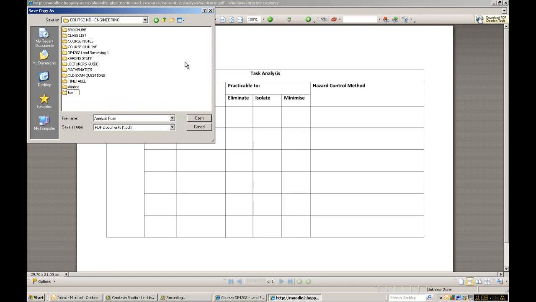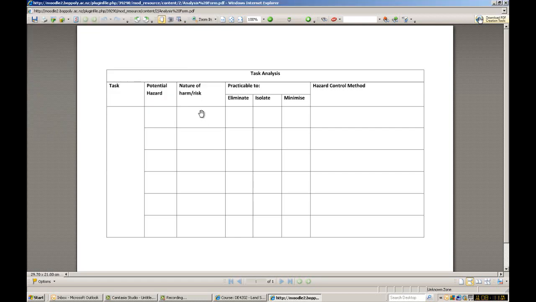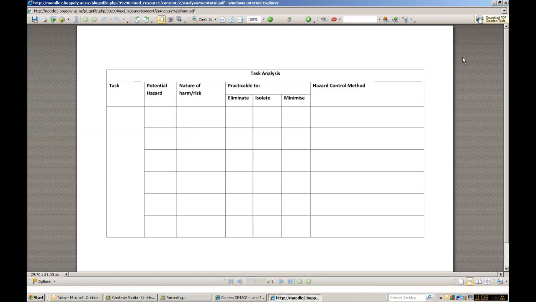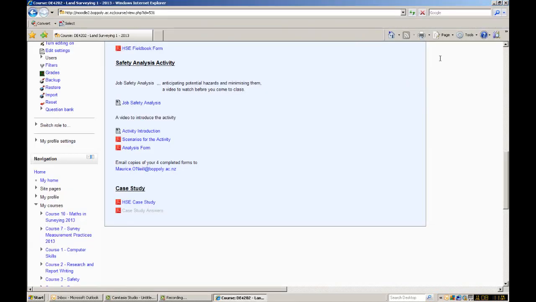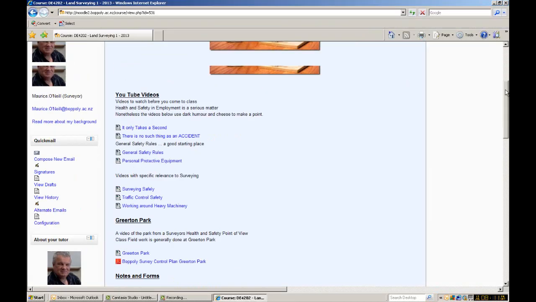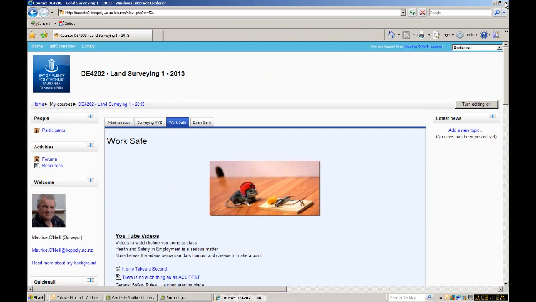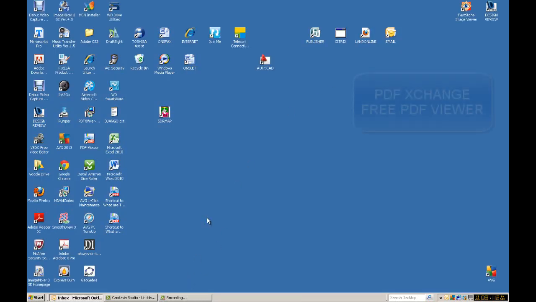So the new folder we're going to call temp. I like to have caps for my folders if possible, so I turn the caps lock key on, and then we're going to save the form in there. So the next thing we're going to do, after we've saved the form, is log out of our website, and navigate to the form where we saved it on our hard drive or flash drive, and we're going to open the